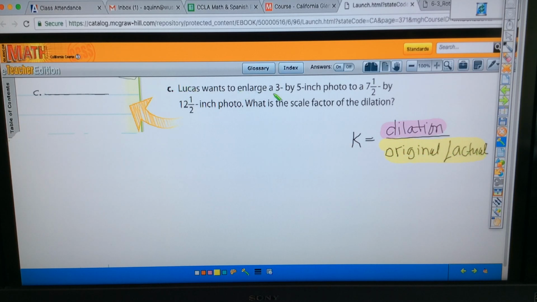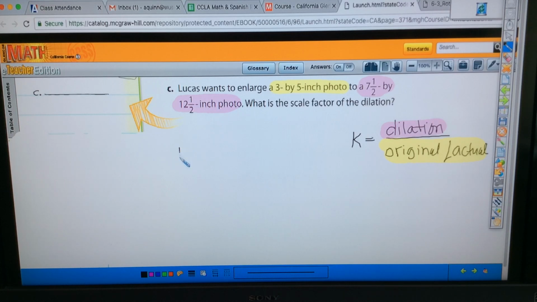Okay, so Lucas wants to enlarge a 3x5 photo to a 7.5 by 12.5 inch photo. What is the scale factor? The original size here is a 3x5. That's the actual size of the photo. He wants it larger, he wants an enlargement. He wants it to be a 7.5 by 12.5 inch photo. So I'm going to plug in the dilation up top,